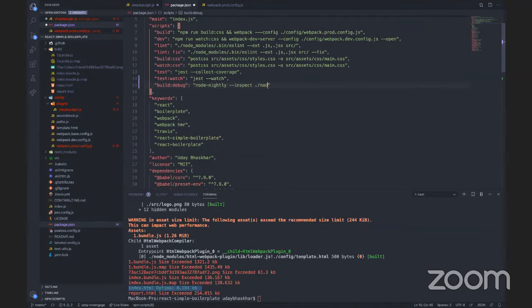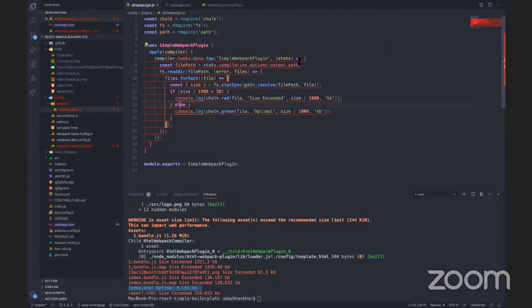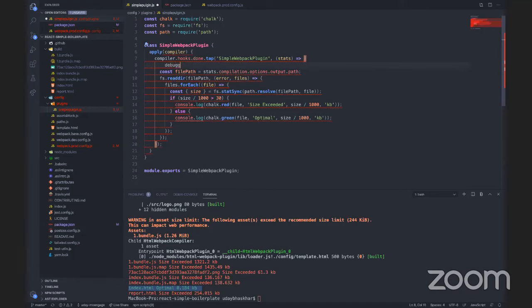I will read the webpack. I need to give the exact path of the webpack because my Node Nightly doesn't take that. Webpack bin webpack.js, and I will give a config, I'll just give this config. If I just want to debug this hook, I'll just put a simple debugger. So if I run build debug,